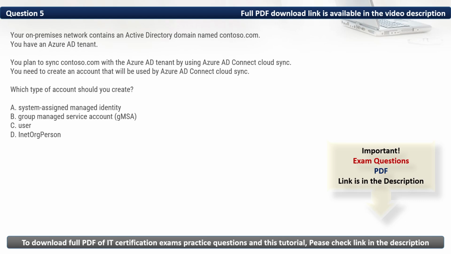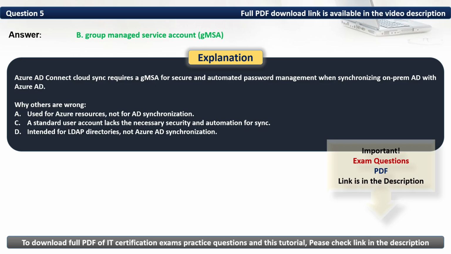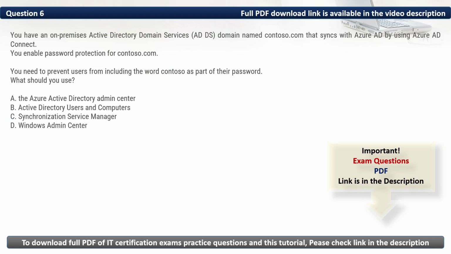As such, the type of account that we should create is group managed service account. Thus, the correct option is B. Azure AD Connect Cloud Sync requires a GMSA for secure and automated password management when synchronizing on-premises AD with Azure AD. Question 6. You have an on-premises ADDS domain named contoso.com that syncs with Azure AD by using Azure AD